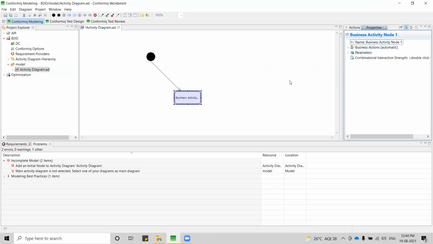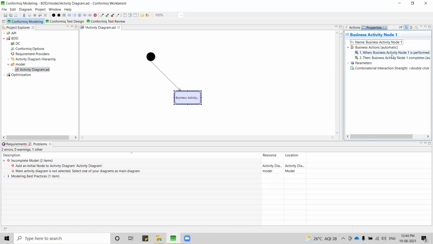These are the main properties of this business activity node. Name is nothing but you are just providing a name to this business activity node as per the requirement. In business actions, you can see the static statements that are provided by the tool by default. So business activity node one is the name of your business activity node.